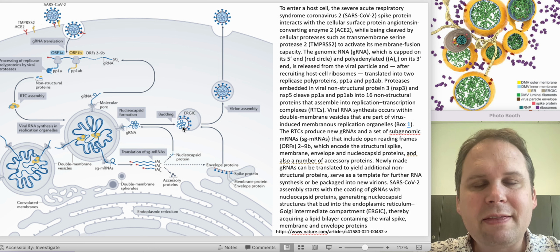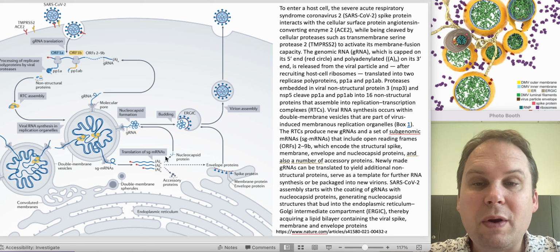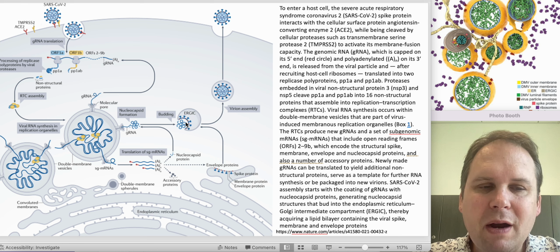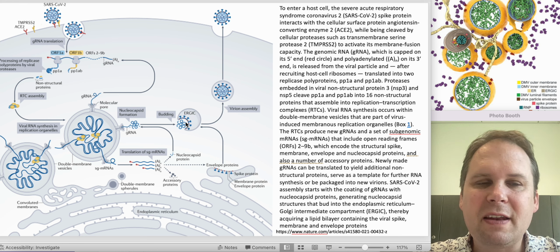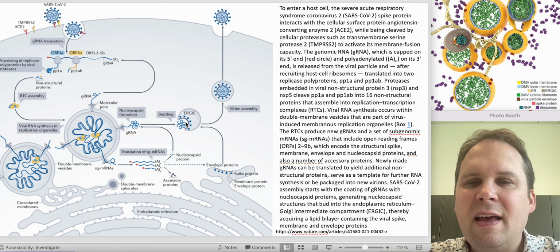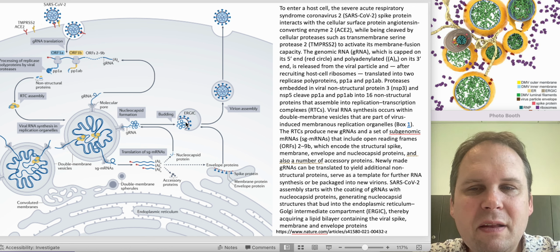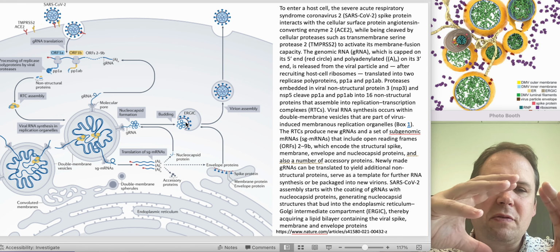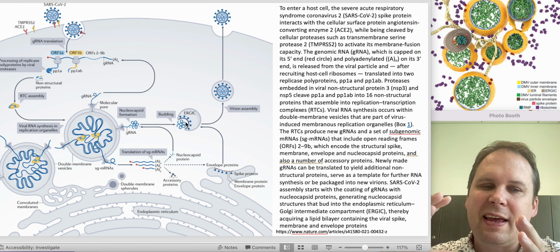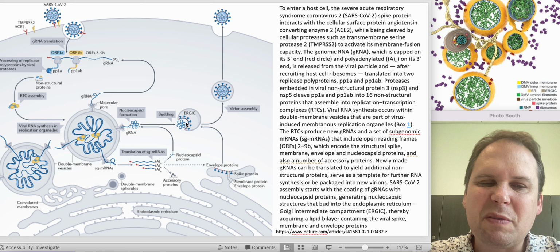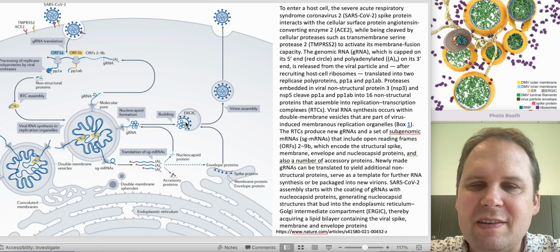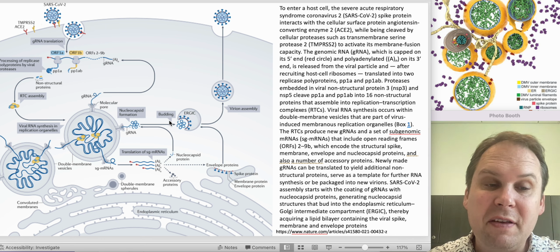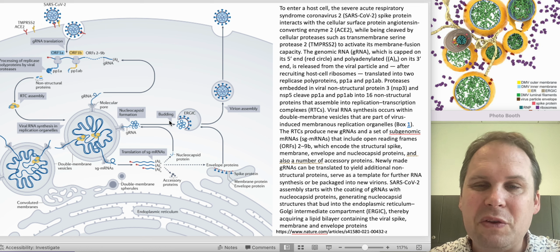But instead of budding at the cell surface like HIV did, we're going to bud into the ER Golgi intermediate compartment, which is a series of kind of loosely organized vesicles that are located between the endoplasmic reticulum and the Golgi apparatus. So you'll see these viruses sort of budding into what looks like something right next to the Golgi, but it doesn't really look like one of those sort of pancake-like Golgi stacks. And then you'll see the viruses travel through the Golgi, so the Golgi totally fills up with viruses, although that's not where they start out usually.